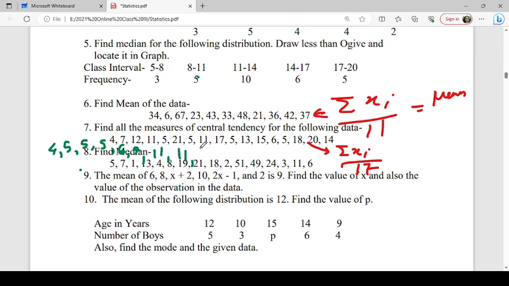11, then 12, 13, 14. After 14, 12, 14, 13, 14, then 15, then 17, 15, 17, 17, then 18,